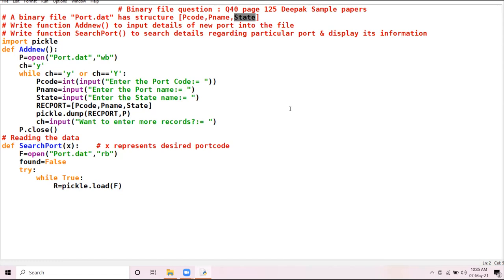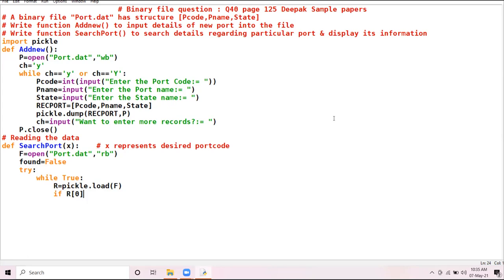I am searching on the basis of port code, which means my searching criteria will have index 0. If R of 0, what do I mean by R of 0? Who will tell?